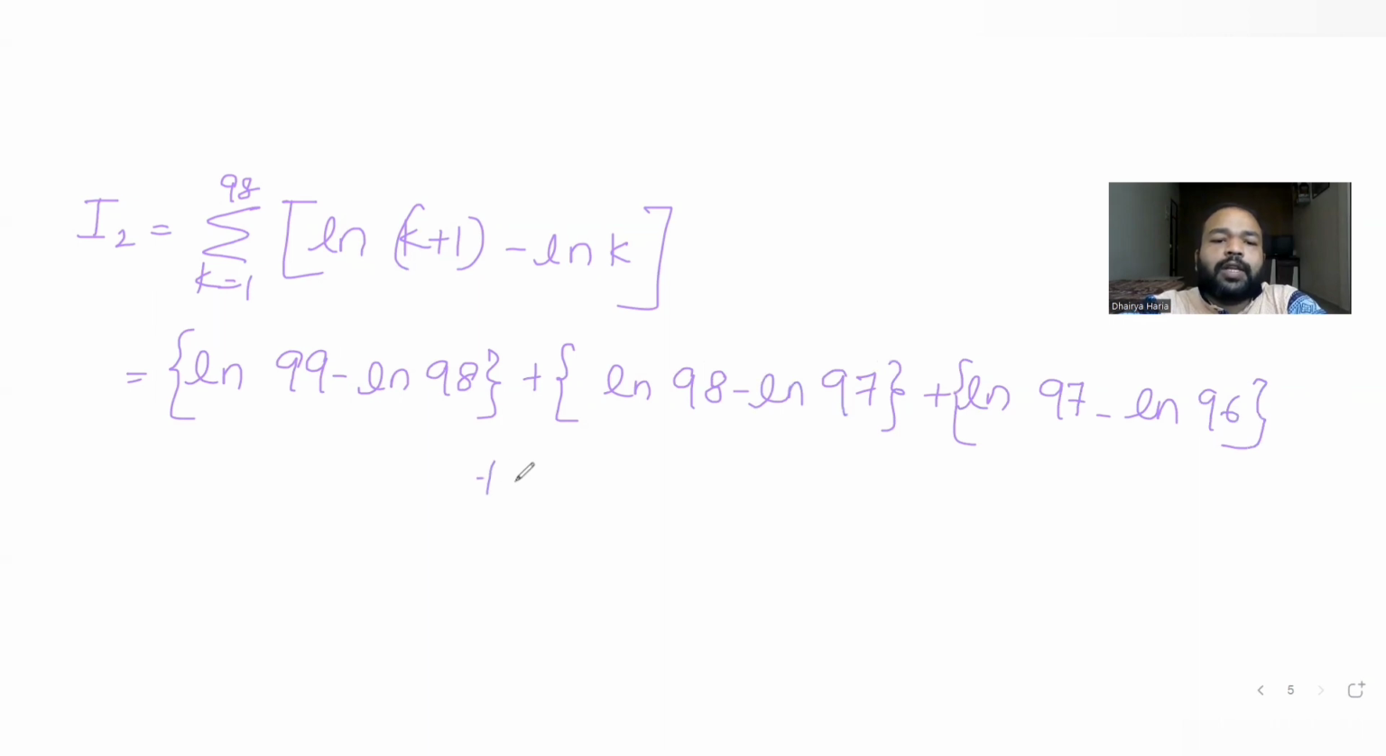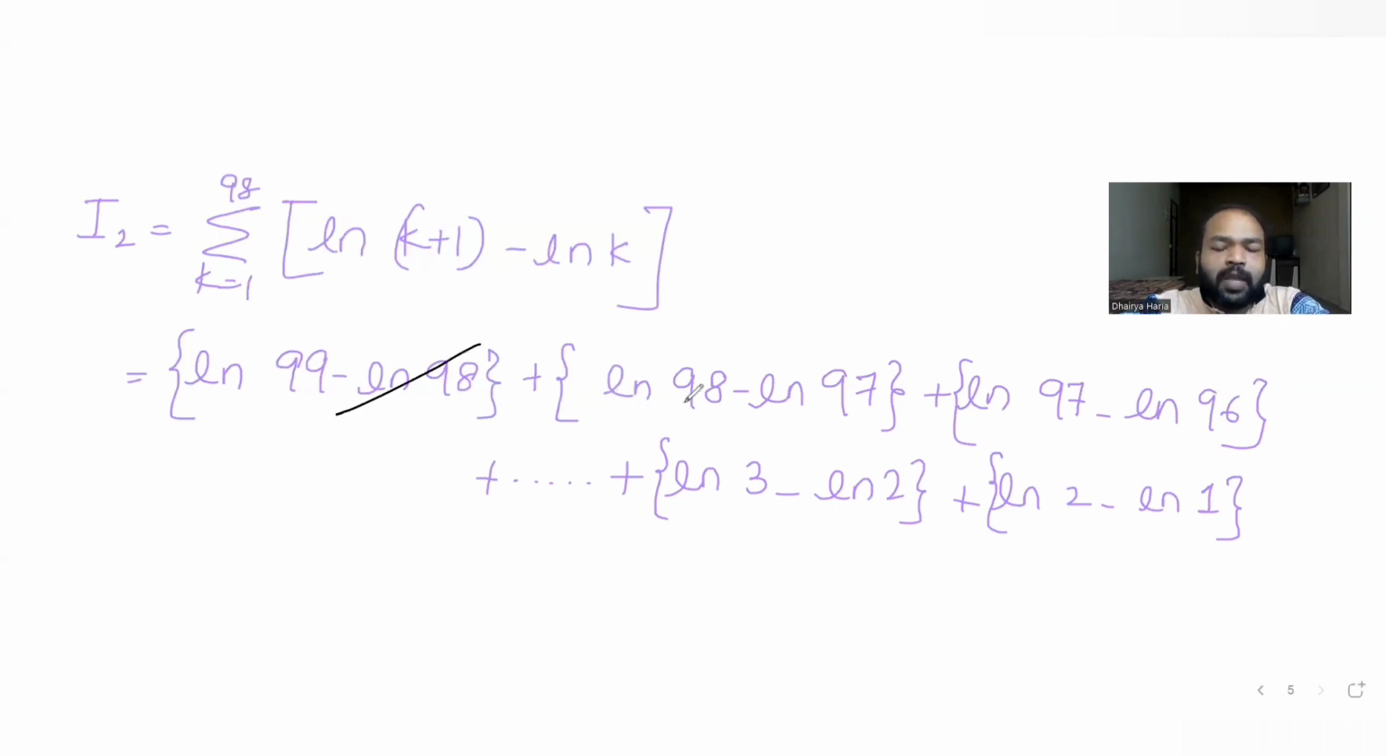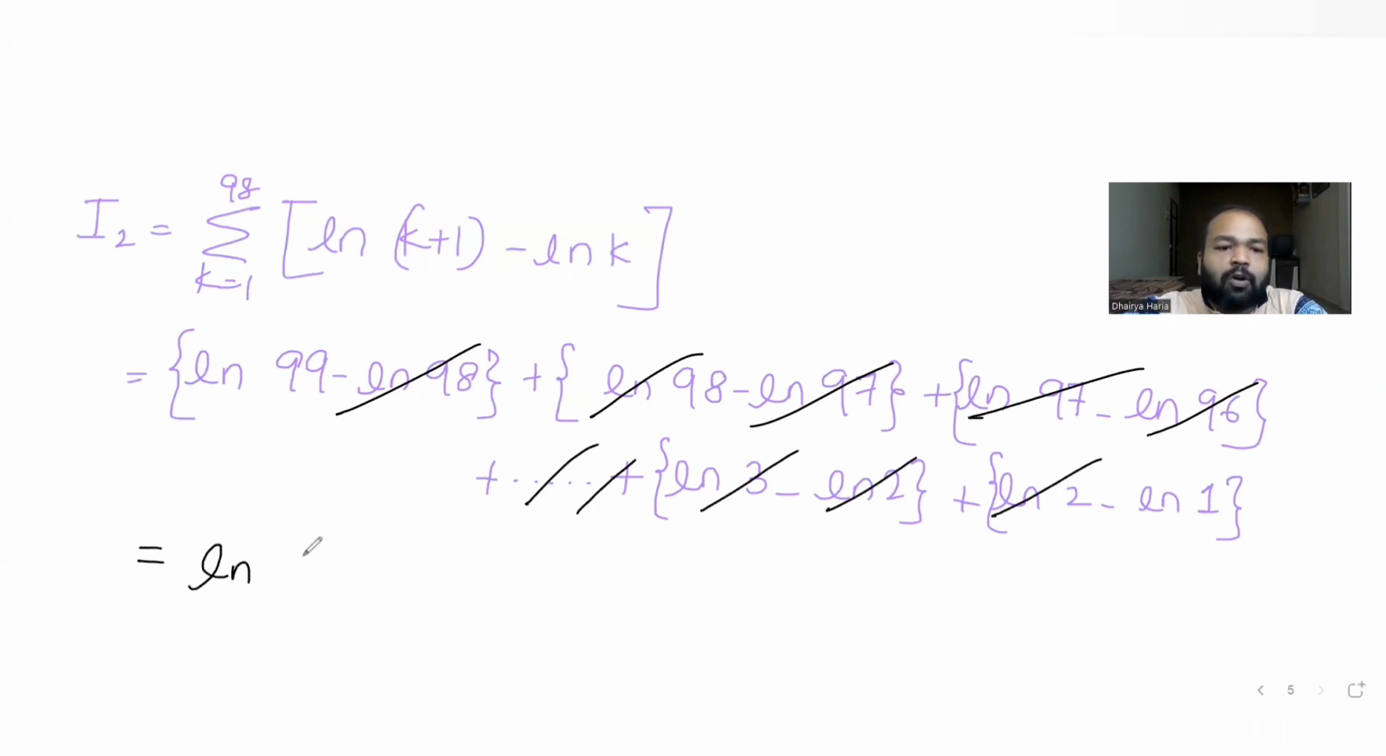Further, it goes on decreasing and decreasing. If I put k as 2, it becomes log of 3 minus log of 2. And the last expression, if I put k as 1, it becomes log 2 minus log 1. So if I solve this expression entirely, everything gets cancelled out. We'll be left only with log of 99 minus log of 1, that is log of 99. Log of 1 we already know is 0,